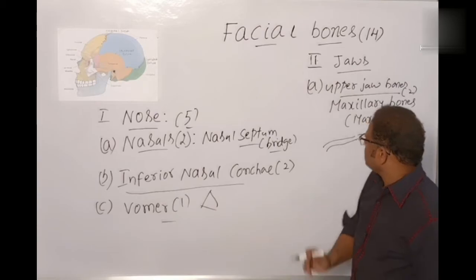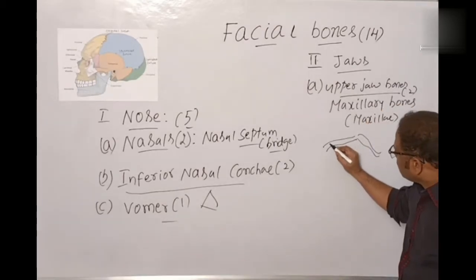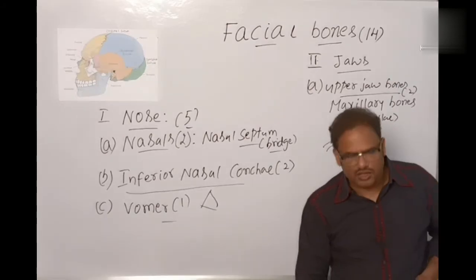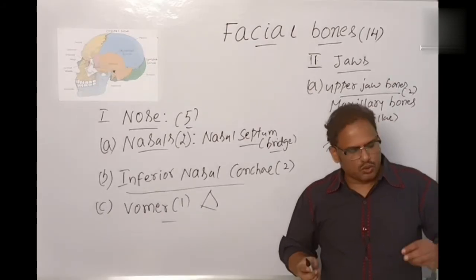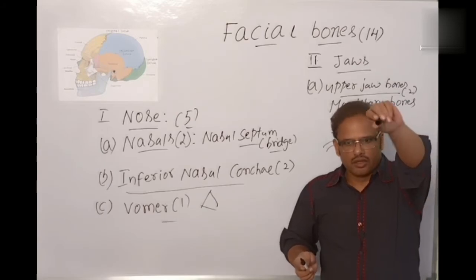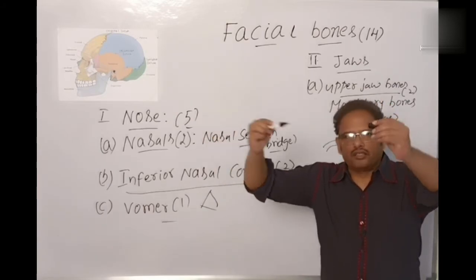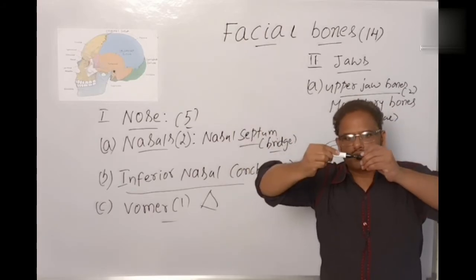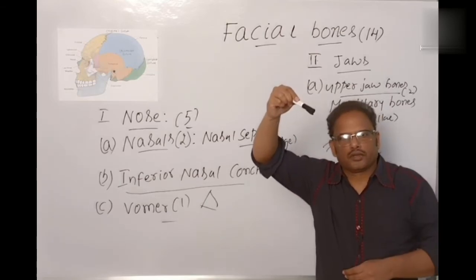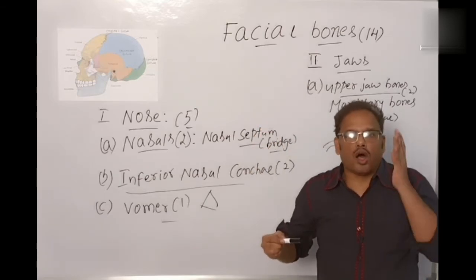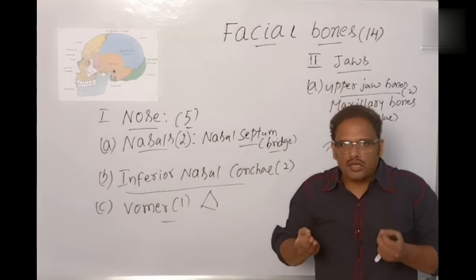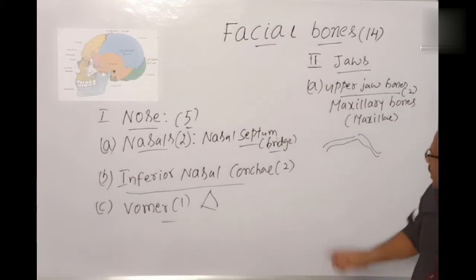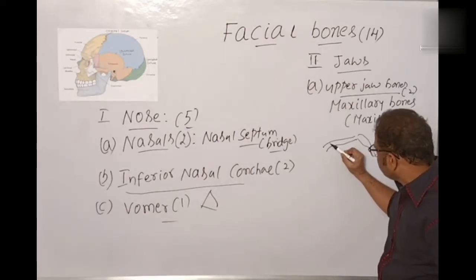Maxillary bones form the cavities here. What is a cavity? The socket-like structure. What is a socket? It's very simple. You see here, this is the socket. It's a hole-like structure, and these are teeth. This is a jaw socket, and these are teeth, inserted here like this. That's why the teeth are called thecodont. Theca means jaw sockets, alveoli. Alveoli means sockets, the depressions where the teeth are present.